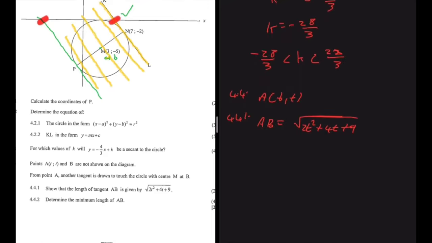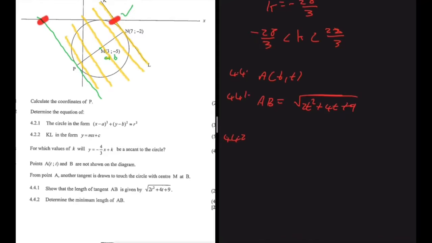But still, let's do 4.4.2, right? This is very similar to that question that was saying let's find the minimum distance between f equal to x squared and that coordinate, I think it was like 10 and 2. But anyway, let's solve the problem we have. The problem here is to determine the minimum length of AB. So we know that AB is equal to